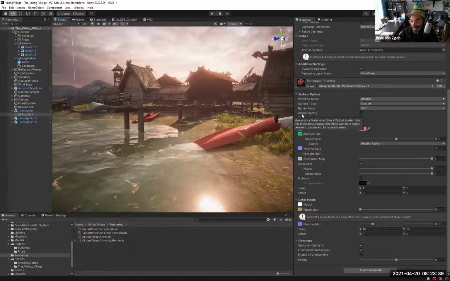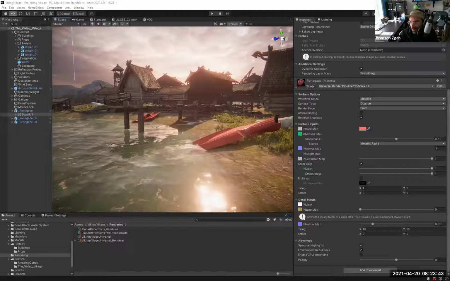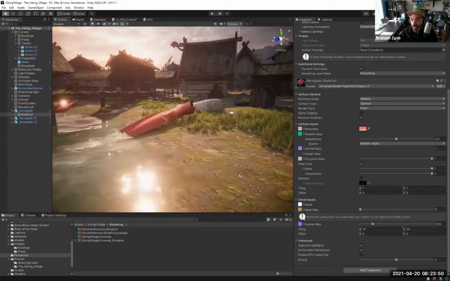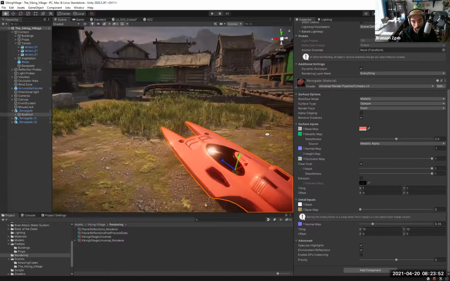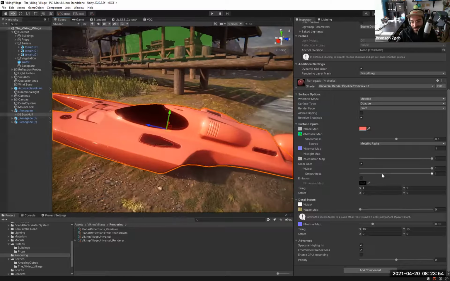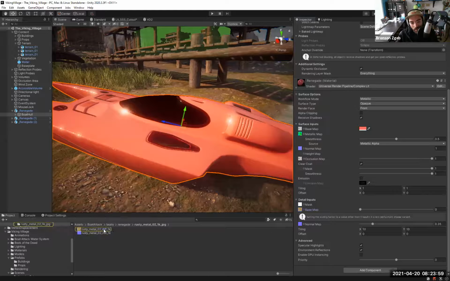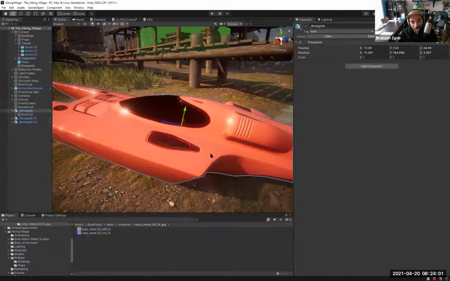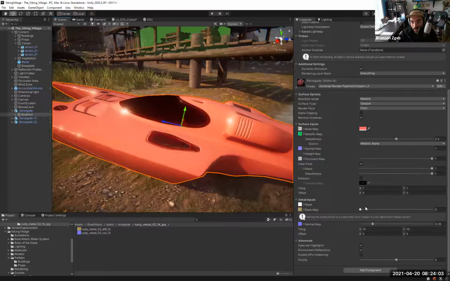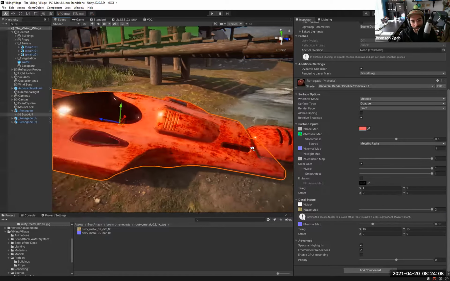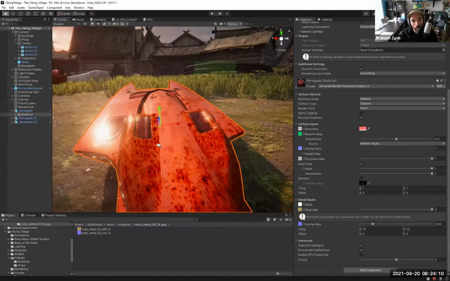So now we're going to move on to, let me check my notes. Yeah, so they've also added detail maps and detail normal maps to the same shader. So over here on this same boat that's passed through time, I've added this rusty detail map, and I turned it down to 0 so we won't see it, but you can see as I turn it up, it adds a rustiness to the boat.